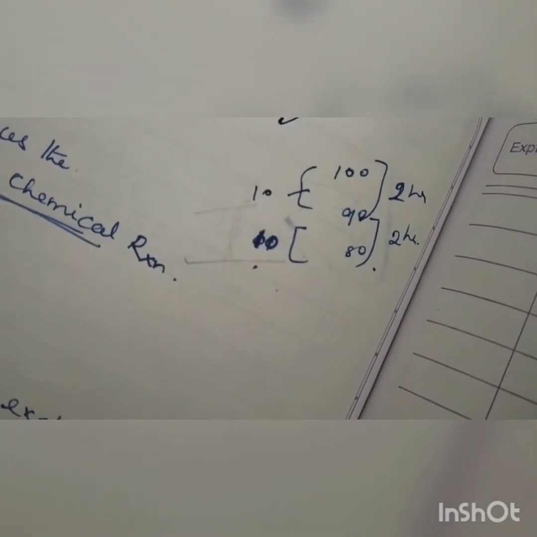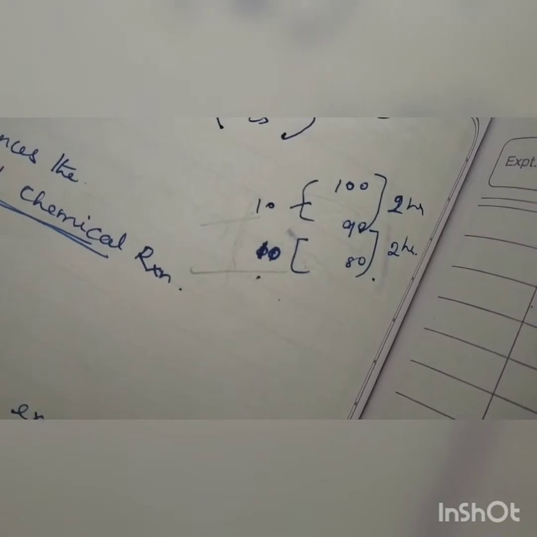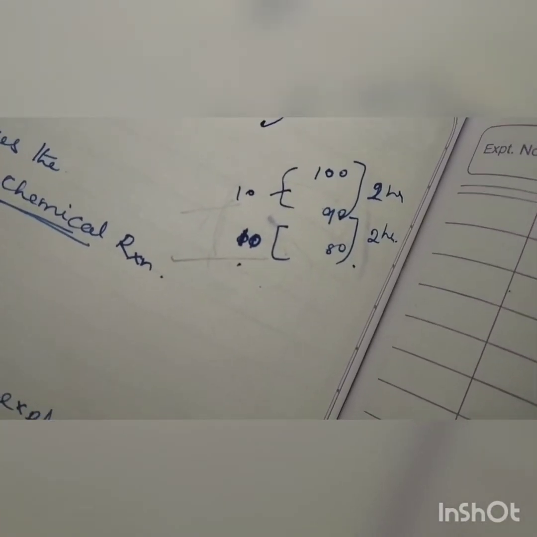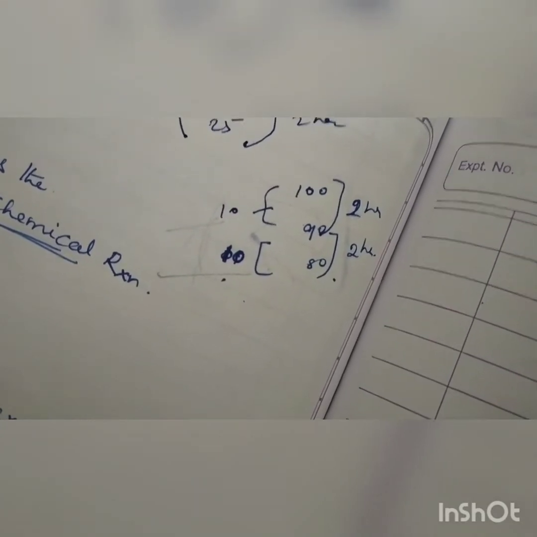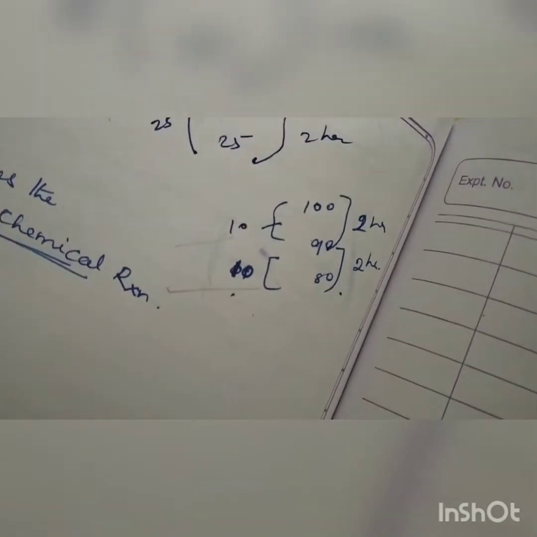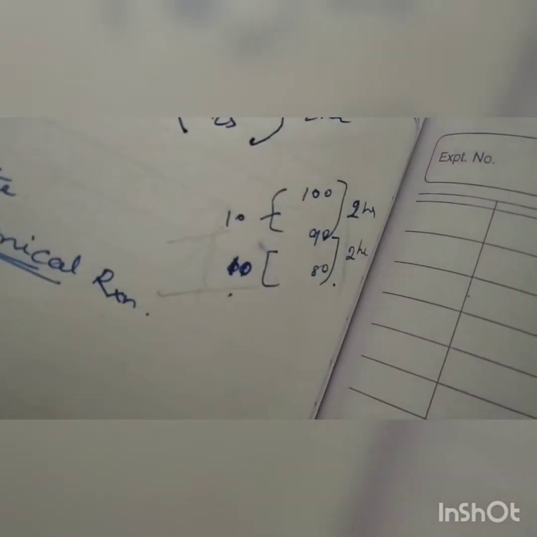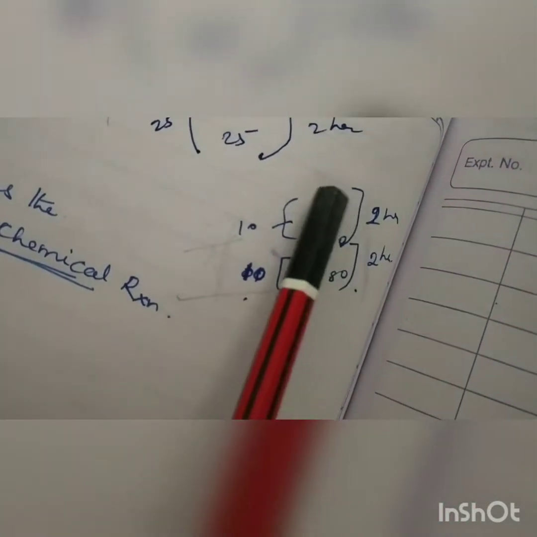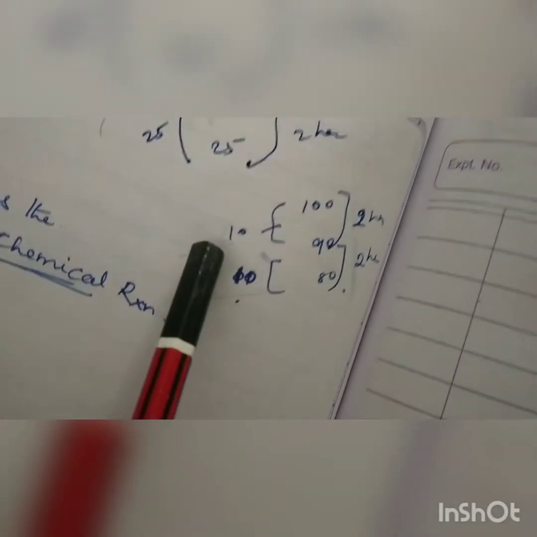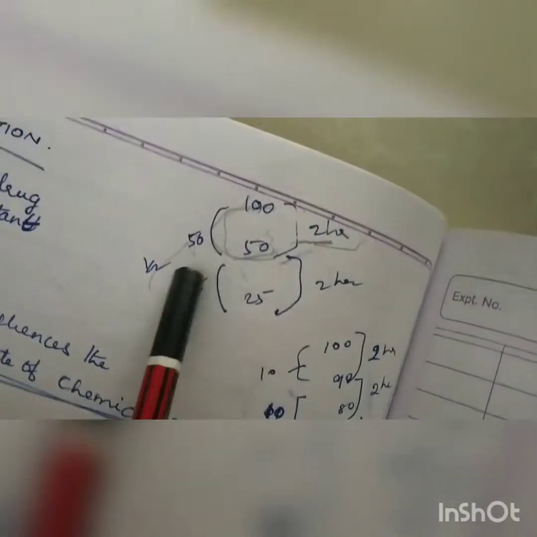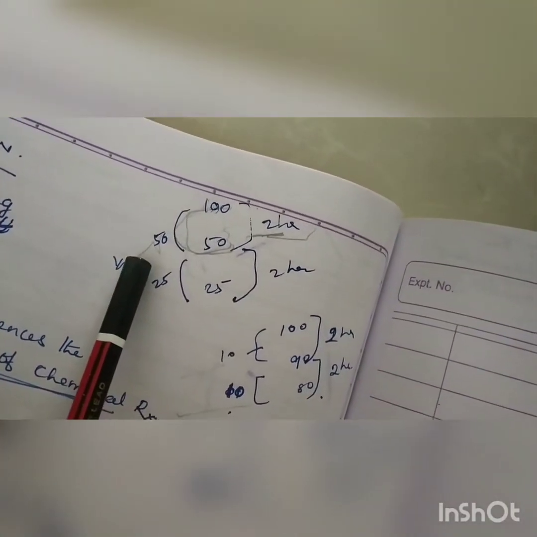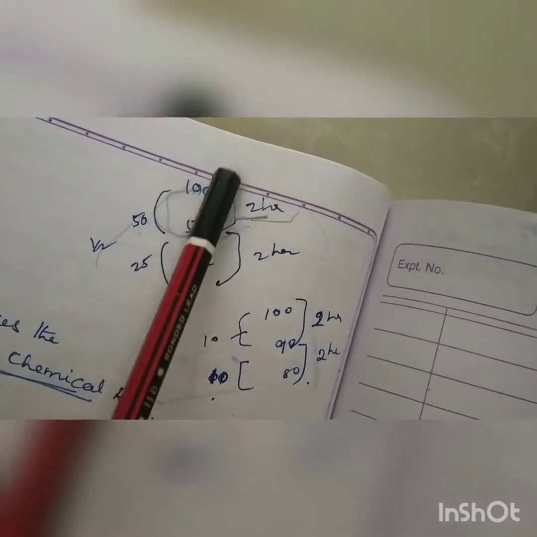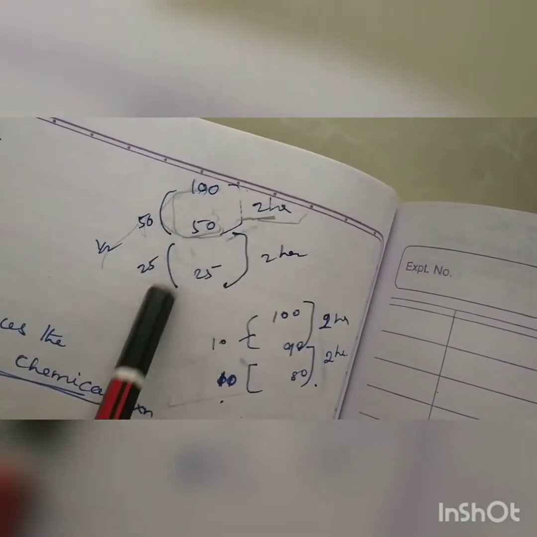here the concentration gets reduced by 10, right? 10 milligram. Every 2 hours it will reduce by 10 milligram. So it's independent of the concentration. Whatever the concentration may be, the elimination here will be 10 only. It is independent of the concentration, whereas the previous one depends on the concentration. If you have more, more amount will be reduced, half of the initial amount. If you have less, less amount will be reduced. So this is the way.